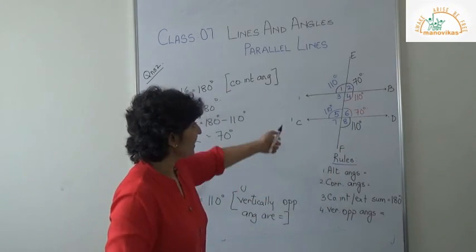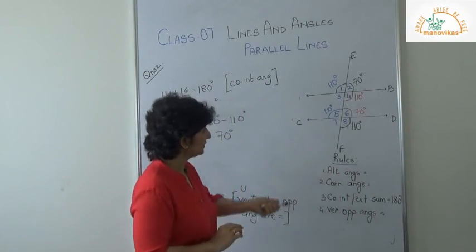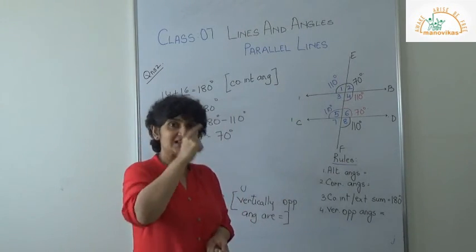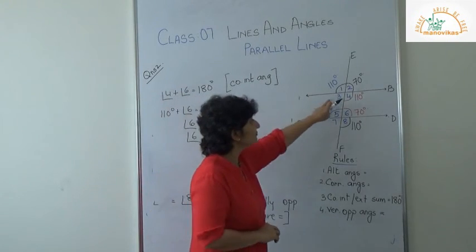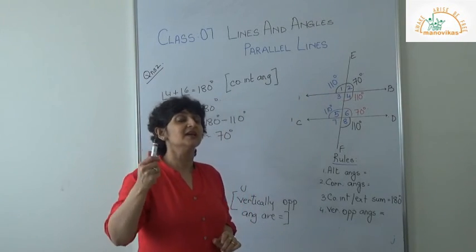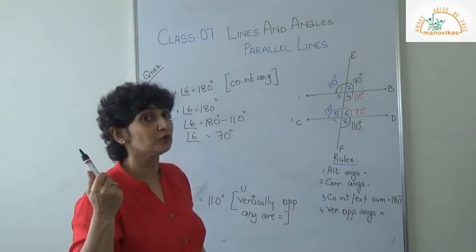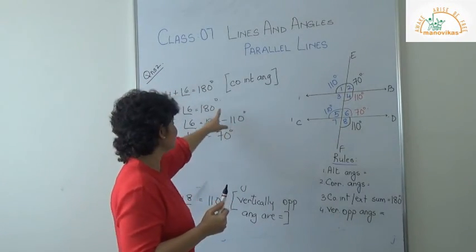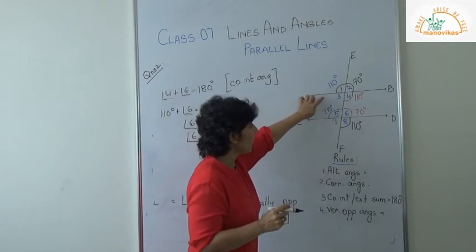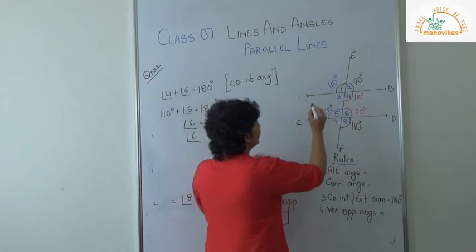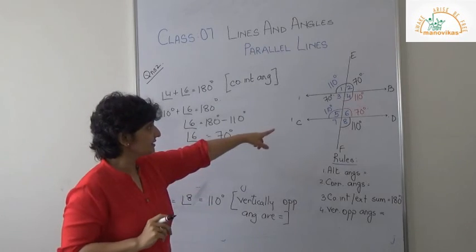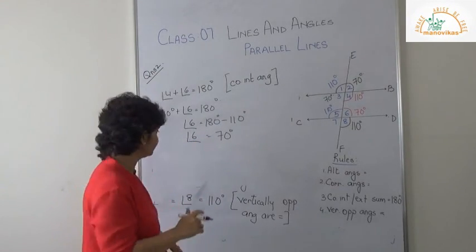Correct? Alright. Then, I am left with the last one. Can you tell me? Have we done angle 7, children? No, we haven't done angle 7. Okay, let's do this and then let's go to angle 7. Now, angle 3, again, what is it? Angle 5 plus angle 3 is equal to 180 degrees. What is the reason you're going to give? Co-interior angles. So again when I do 180 minus 110, I get 70 degrees. You are going to work this out. Now last, let's come to angle 7.